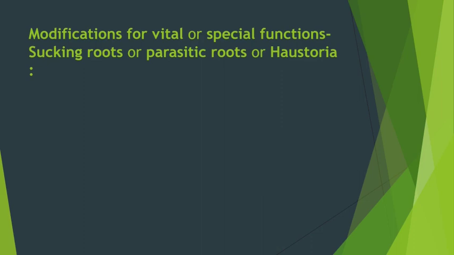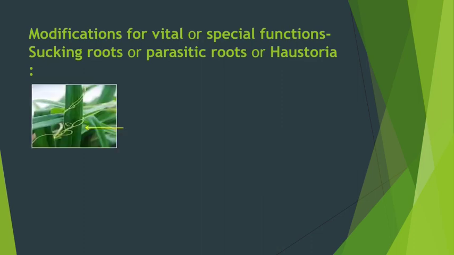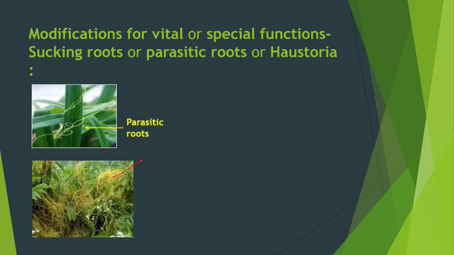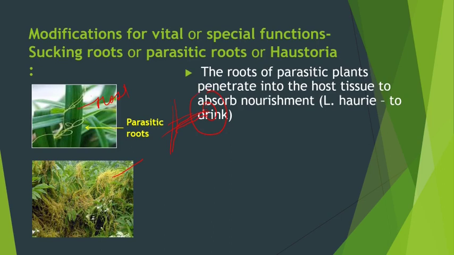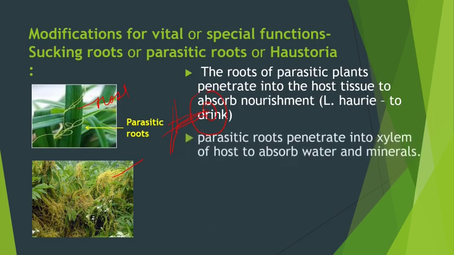Next, we'll talk about parasitic roots, found in Cuscuta, a wiry yellow-colored thing growing. They are non-photosynthetic because they do not have pigments. They cannot manufacture their own food, so they produce a special type of roots called haustoria. This is the host plant. The haustorium penetrates into the vascular bundle of the host plant and derives all the nourishment, water, and minerals, and it is a total parasite. It will harm the host plant. So Cuscuta, the dodder plant,